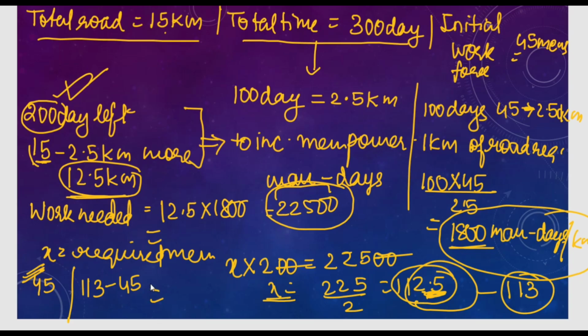If we minus the extra, which is 113 minus 45, now it will be 68, beta ji. How will it be? It will be 60. Yes, ma'am. 45 and 45 is 90. Subtract 10 from 90, it becomes 55. From 55 the other side 2 will go, so it will be 68, na? Then add 3 to 65, it becomes 68. So 68 is the total required. 68 is the required number of persons.